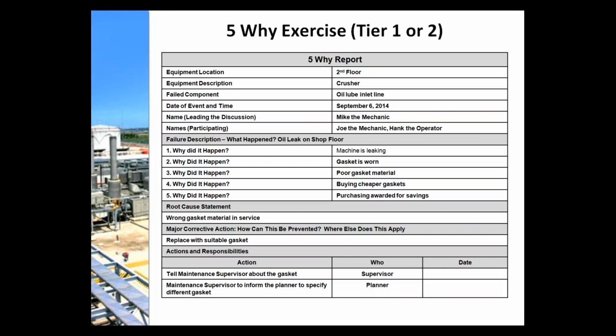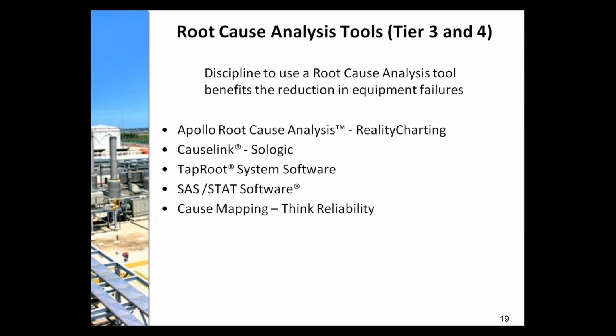I mean, it doesn't take a whole room of people to do this. This can take 1 or 2 people. It can be a mechanic and his or her supervisor, and then very simple actions that can be taken. This does not have to be a formal root cause analysis for Tier 1 and Tier 2 type exercises. Again, the smart use of triggers are important. Tier 3 and Tier 4, it's a whole different story. Obviously, they're greater impacts, greater magnitudes, and I'm not going to try to